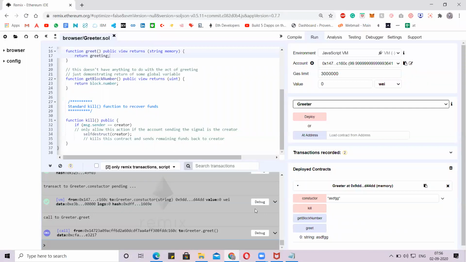Guys, have you done that? Have you got that transaction succeed message? Guys, I'm not getting any response from anyone.